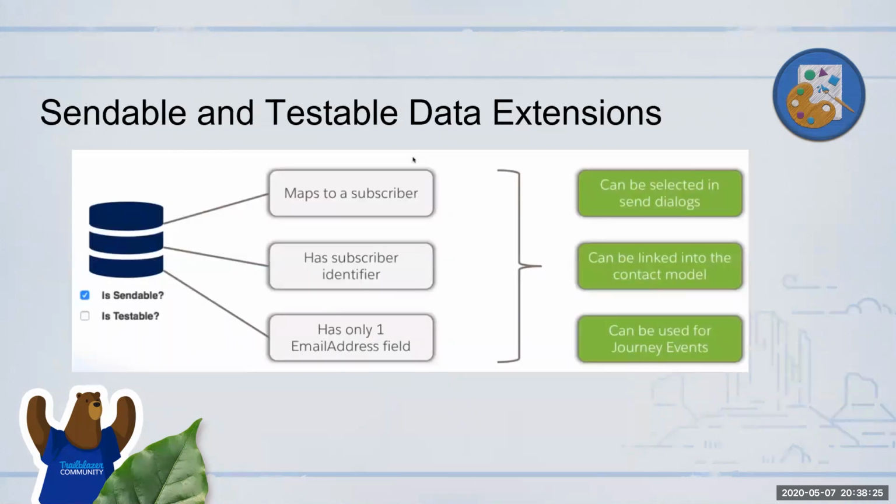Okay. And we talked about sendable and testable data extensions. If you're planning to store subscriber information, then you need to check that box as a sendable data extension. If you're planning to use it for testing purposes, you additionally need to mark it as testable. That is not something you will be using for an email sent to production users. It's just for internal testing purposes. And a testable data extension should always be a sendable one, meaning there should be subscribers within it, probably your internal users. You cannot have non-subscriber information that is not sendable and mark it as testable, right? It's always is sendable and is testable, or only is sendable, or neither of the two. Okay.